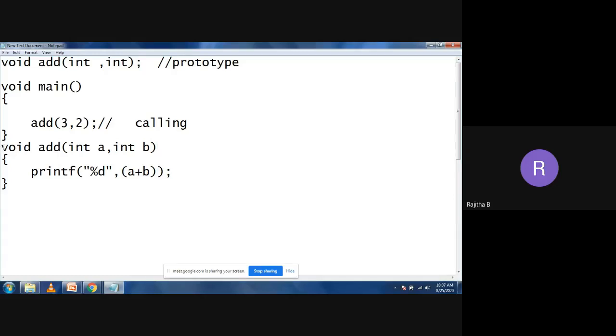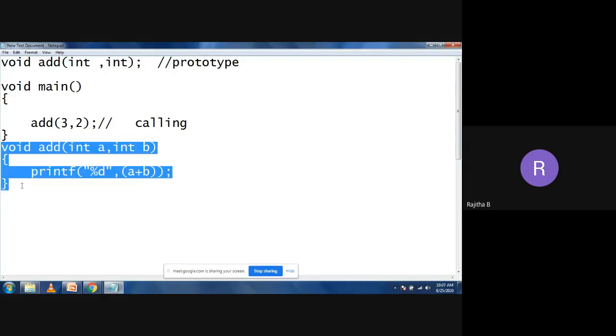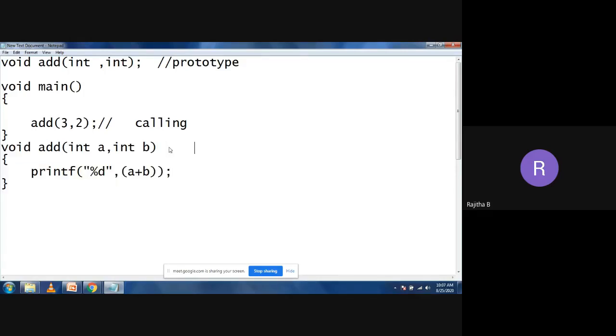After closing the main function, I'm taking the code of the add function. I'm writing some code for the add function. If you are writing the code for the add function, that is called the function definition. Now, this prototype you can also call a function declaration.